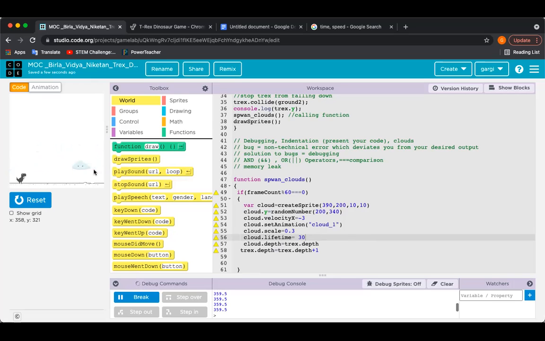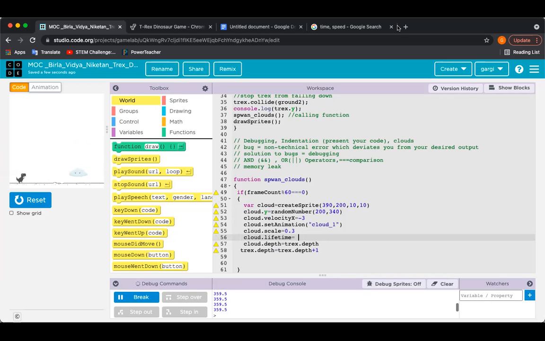With 30 lifetime, you can see that they are destroying inside your output section. If you keep this as 60, it's created and it's destroyed here. Destroyed here. Okay.